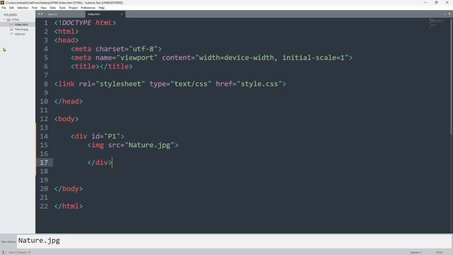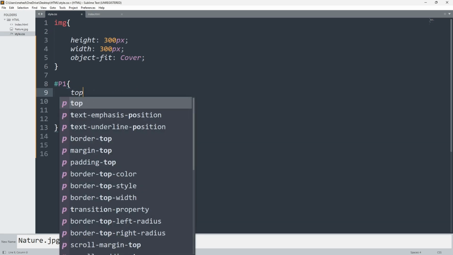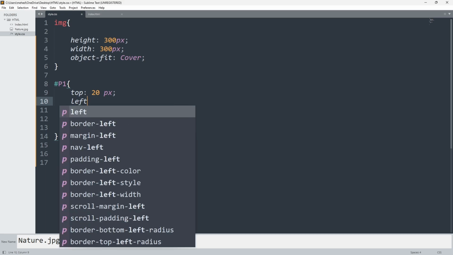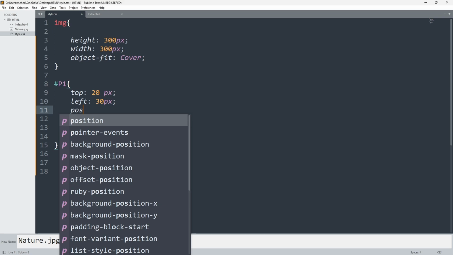And now we're going to dive into the next one. It's called relative position. Before that, if we just type over here top 20px and left 30px, and now we give the position